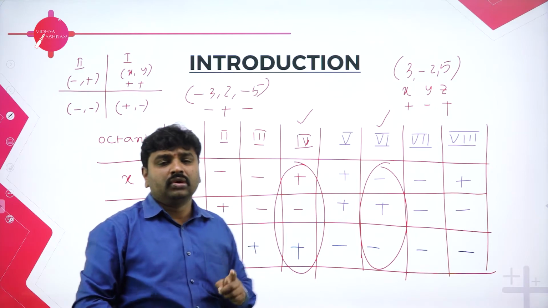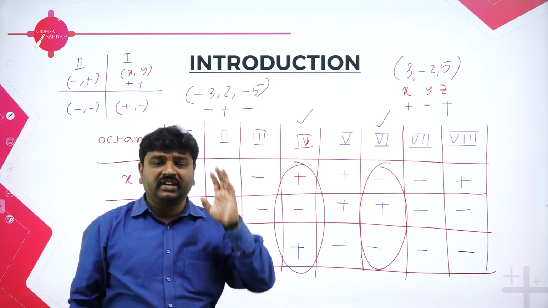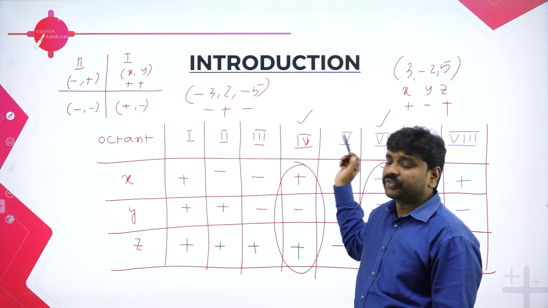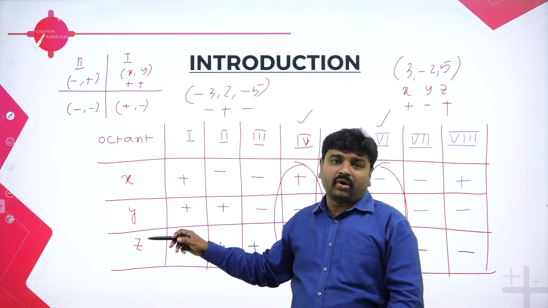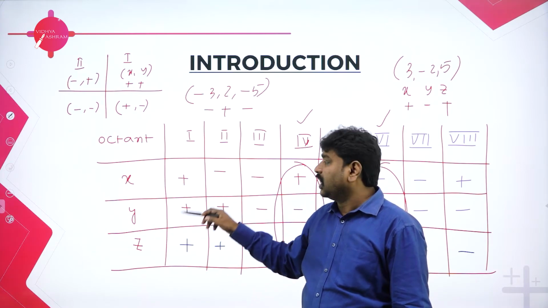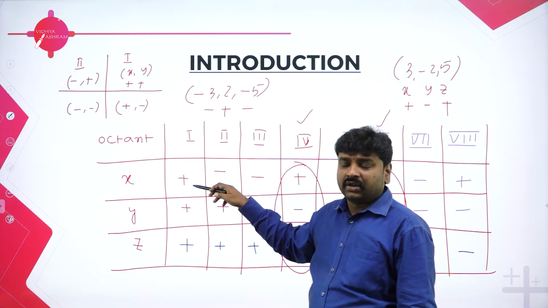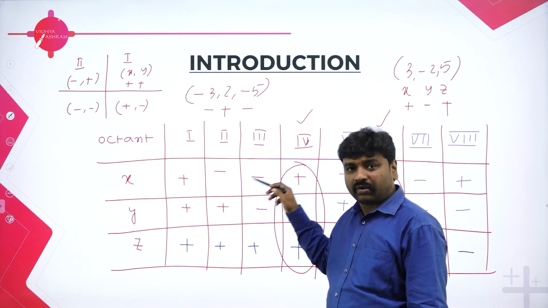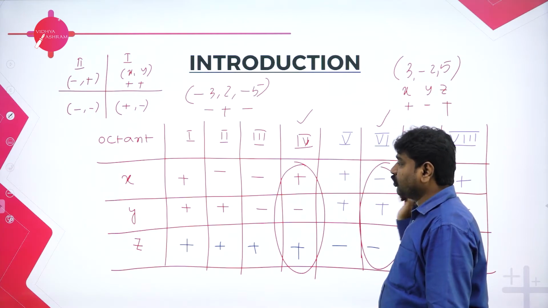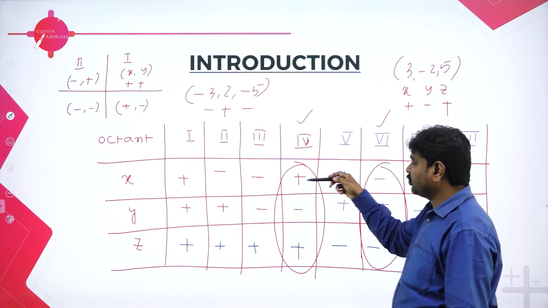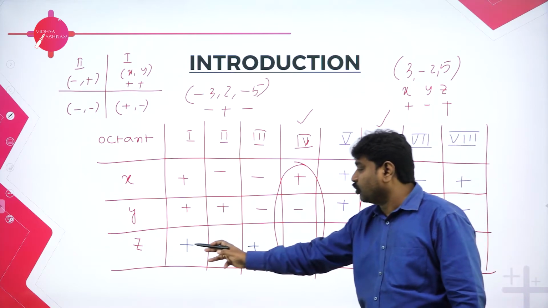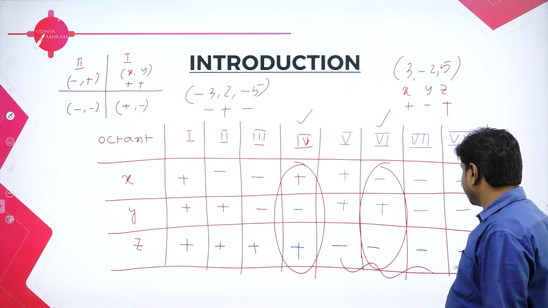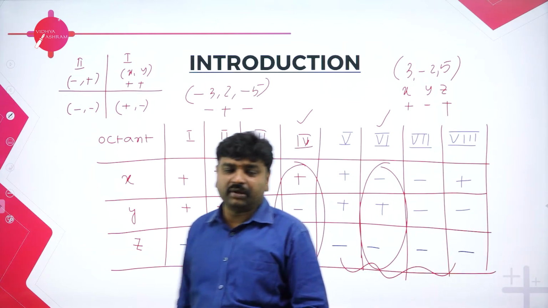I hope all of you got how to generate the table. First you write the heading, octants. How many octants do we have? 8 octants, 1 to 8. Then any point has 3 coordinates: X coordinate, Y coordinate, Z coordinate. How to fill X and Y? For the first 4: plus plus, minus plus, minus minus, plus minus, which are the first, second, third and fourth quadrants. Then repeat for the next 4, again starting with plus plus, minus plus, minus minus, plus minus. The first 4 Zs are positive and the next 4 Zs are negative. That's it. That is how you can generate the table and decide.